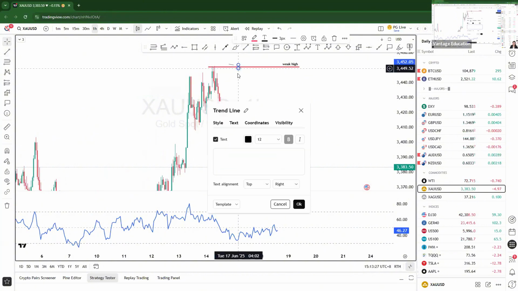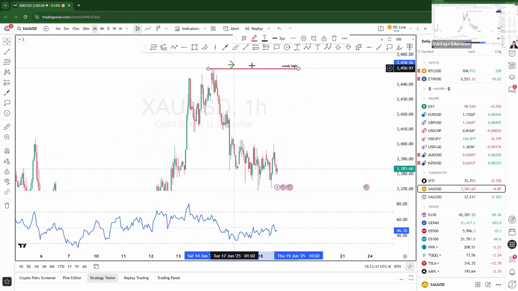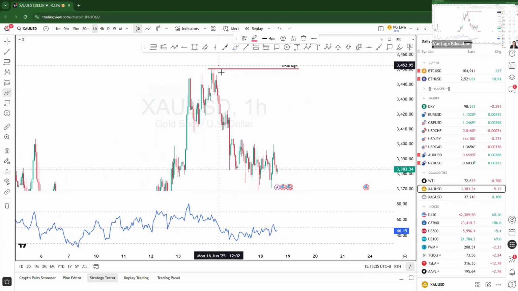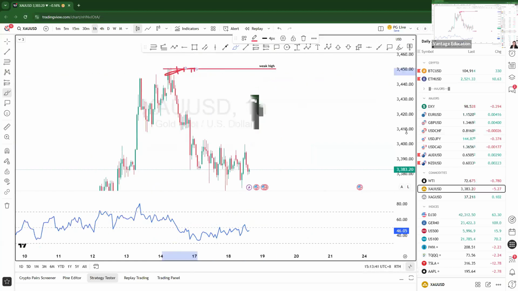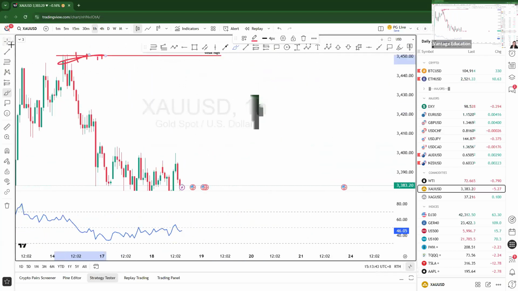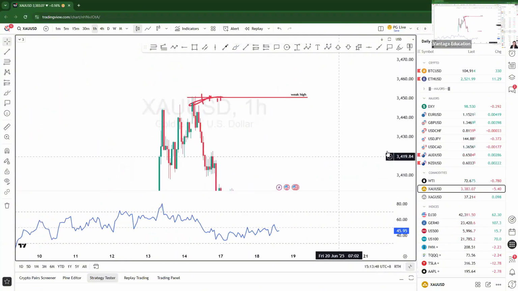Like time here. They kind of multiple weeks, and that's your strong resistance level. If only one week, then you identify either you want to level out, like this is a weak high, unless there is